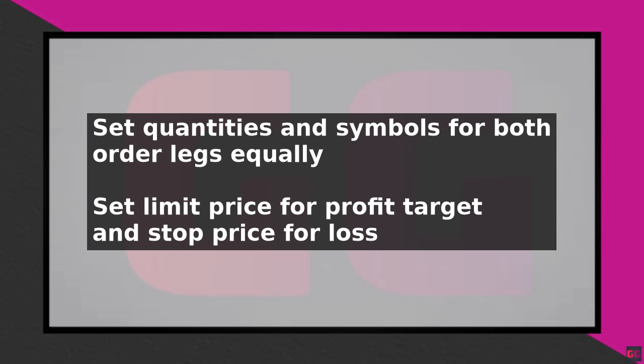You can also add additional conditions to your OCO order, such as setting a specific time in force or attaching an order to a specific chart. Once you have set up both legs of the OCO order, review your order to make sure everything is correct. After confirming your order, Thinkorswim will send the OCO order to the exchange, where it will be executed according to your specifications. When one leg of the order is executed, the other leg will be automatically cancelled.